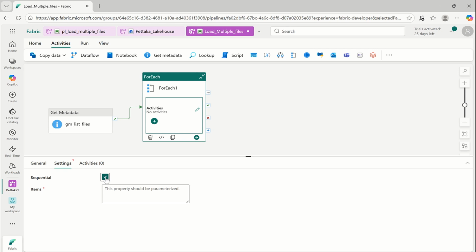If you want to do it batch-wise, for example, if you have 6 files and you give batch count as 3, then it will loop 3 files in parallel and another 3 files in queue. Like that, you can give 1, 3, 5. It depends on the number of files you have. And for this example, I will use sequential, and if the activity name is mismatched, then it will throw the